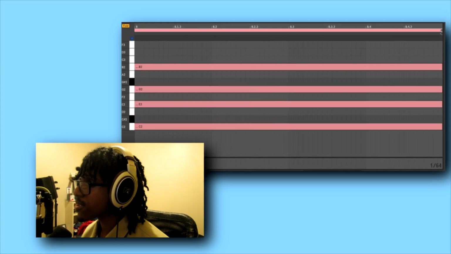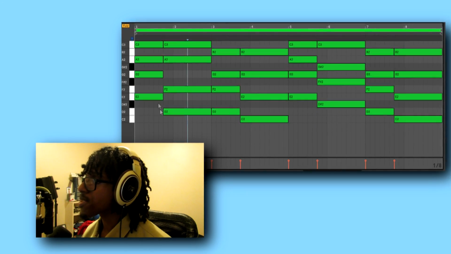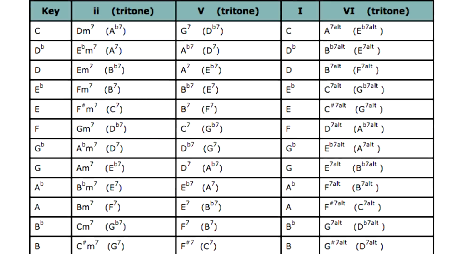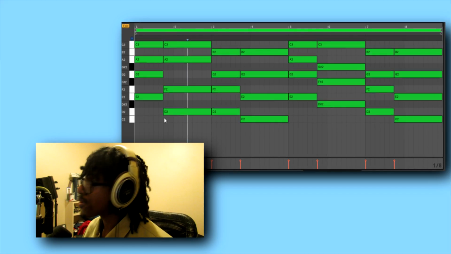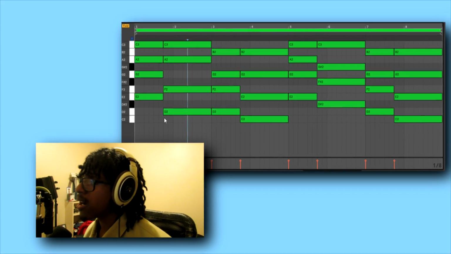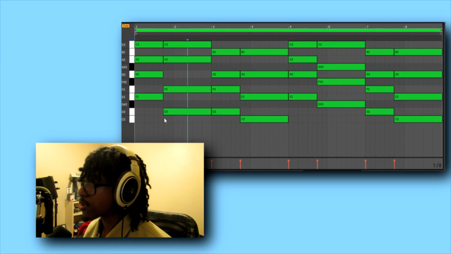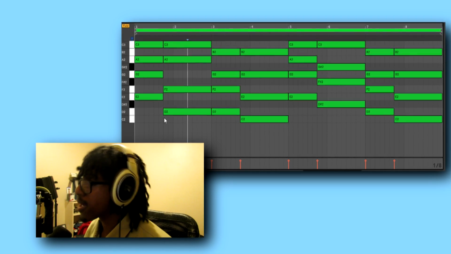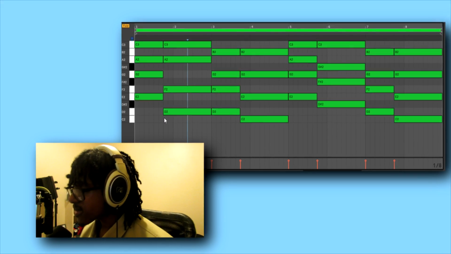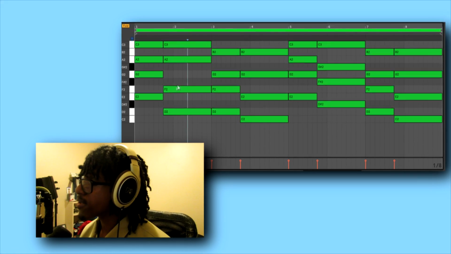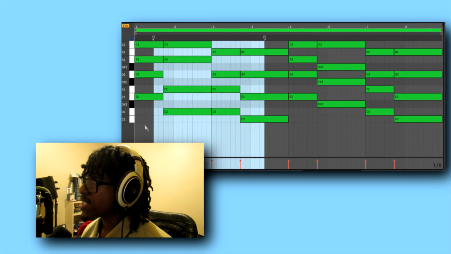The next one I'm going to show you is this one right here. I mentioned that you can do tritone substitution. It's normally done on the 5, but you can technically do it on whatever chord you want. It really doesn't matter, as long as the chord you're substituting out is harmonic, the tritone sub will also be harmonic. So with that being said, the chord progression on the left, this one over here, is a